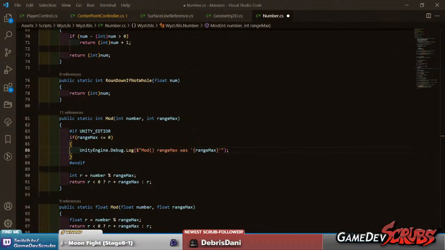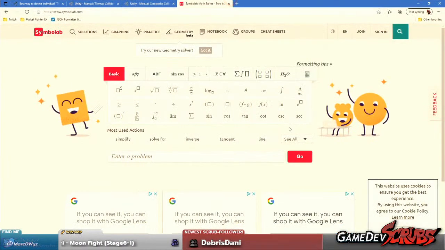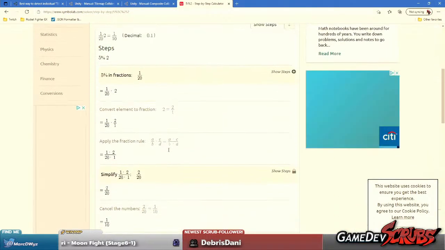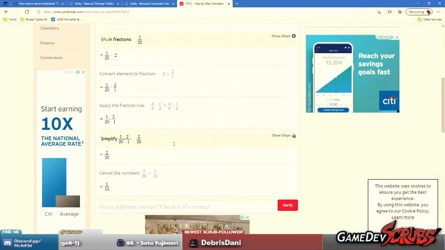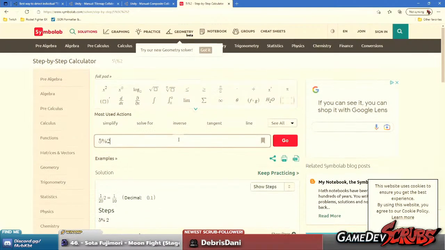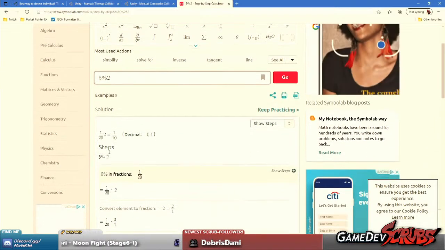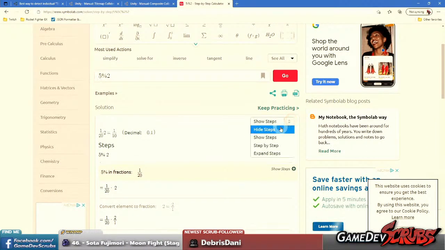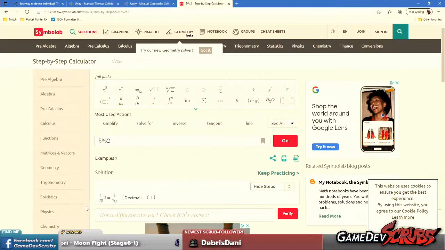So like a scientific mode? Hey, this looks like it's got a whole bunch of stuff. Enter a problem. 5 mod 2. What do we get? Solution. Okay, that's cool. Yeah, hide steps. Just show me the... That is not what I'm looking for. I don't know. This is not the same as...